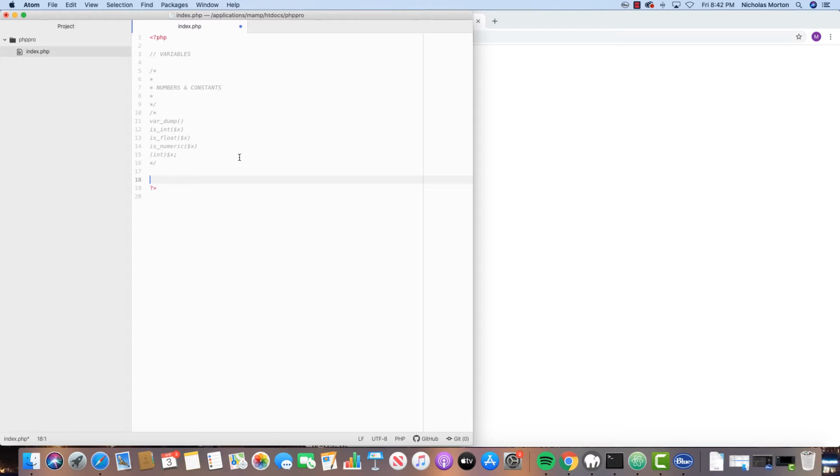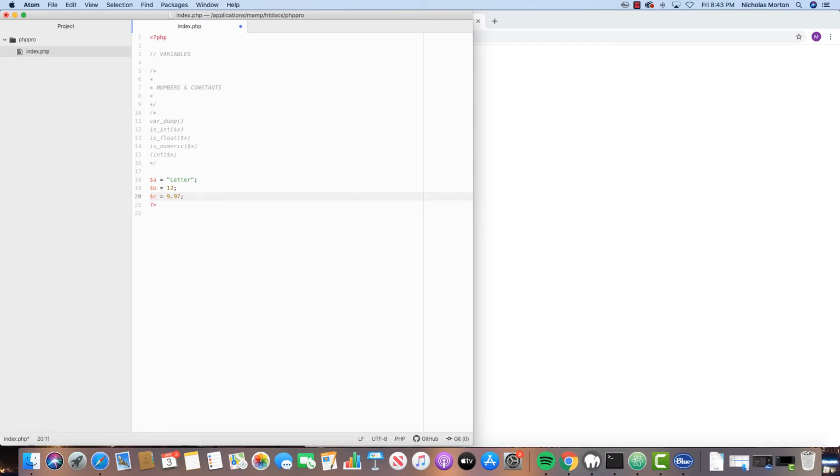Now with type and typing in consideration, there's something I wanted to show you guys, and that is called var_dump. Essentially what that does is it tells us the type of the variable that we're currently using. So for example, let's make three different variables here. Let's make the first one called A, and we could say A equals letter. Okay, and then we'll make B an integer, 12. And we'll make C a float, or a decimal in layman's terms,